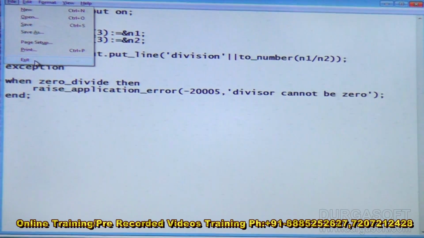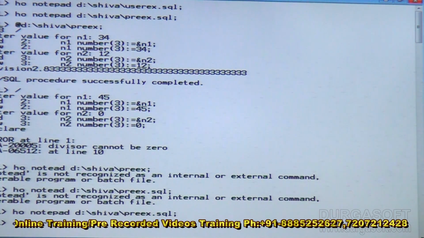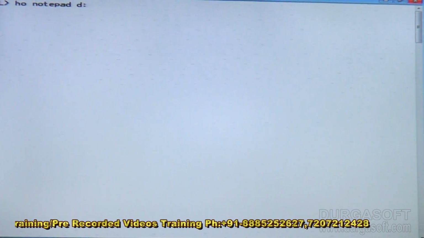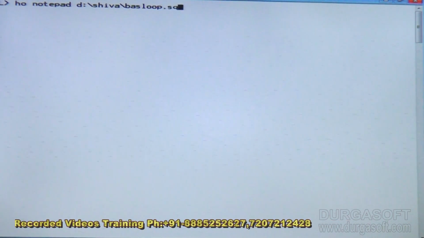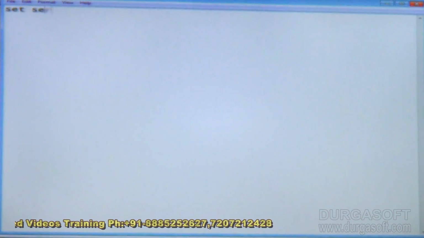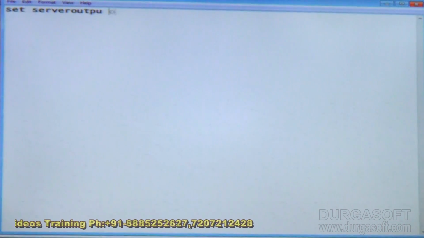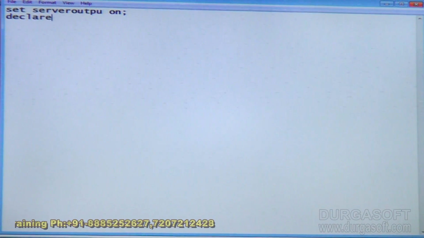Next I will show 3 types of loops execution. Just have a look. Host notepad d:, basic loop dot SQL. Set serveroutput on, declare